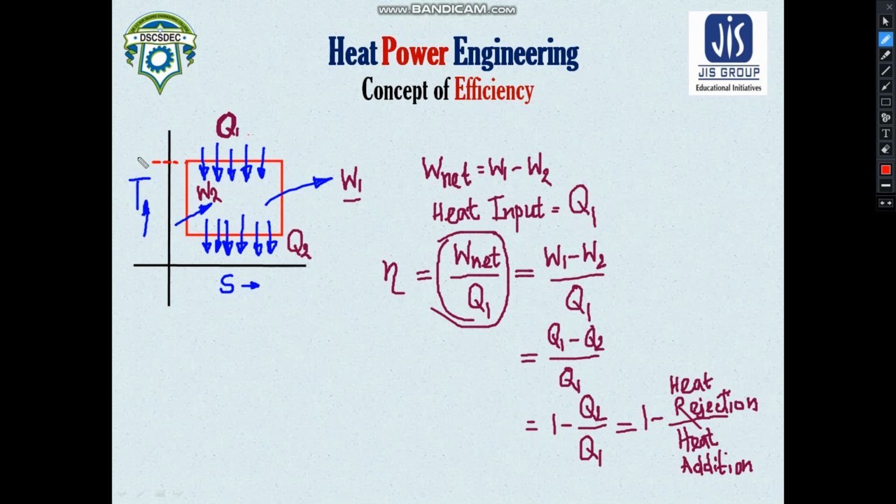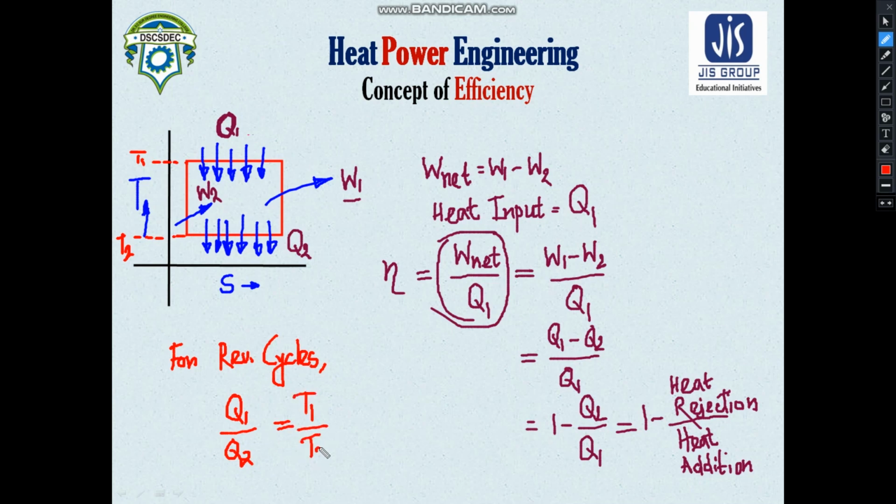So let us consider this is an isothermal heat addition. Here you can see this is happening at a constant temperature T1, and this heat rejection is happening at a constant temperature T2. Now, for reversible cycles only, always remember, for reversible cycles or reversible processes, any one of them, these ratios of heat transfers, that means heat addition divided by heat rejection,